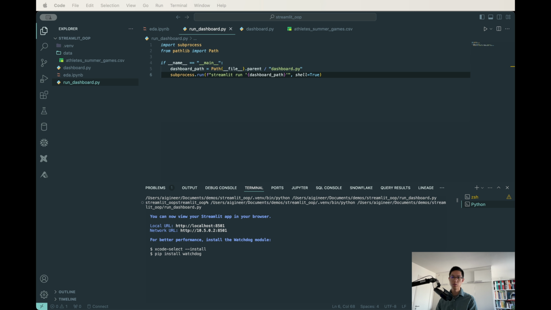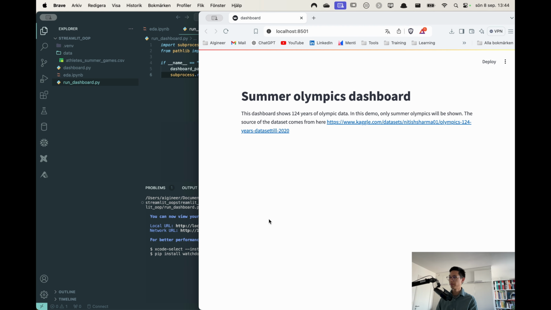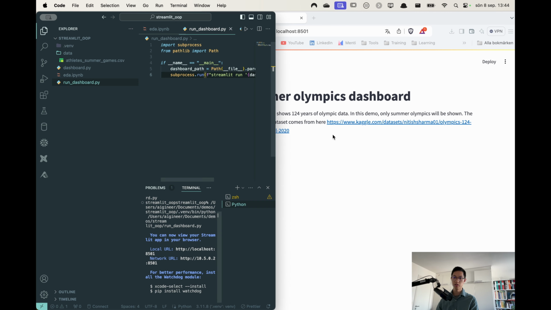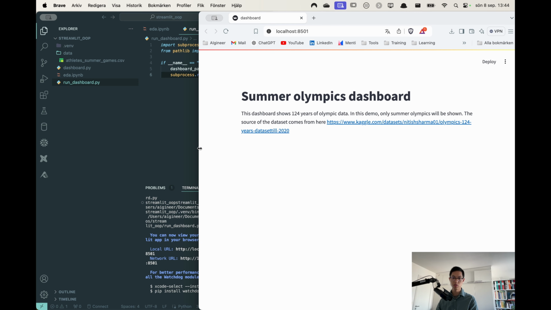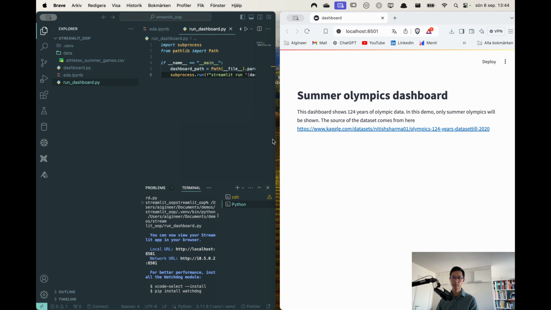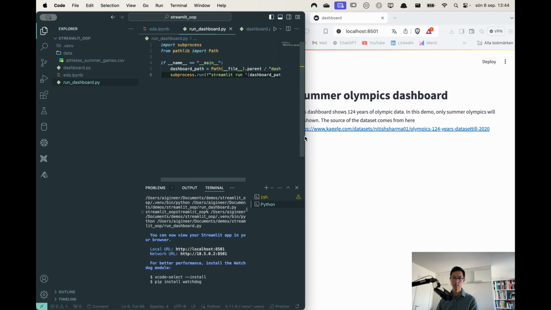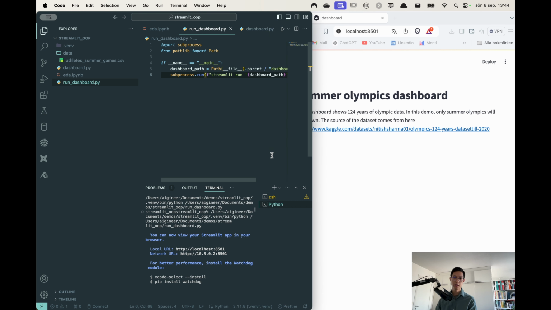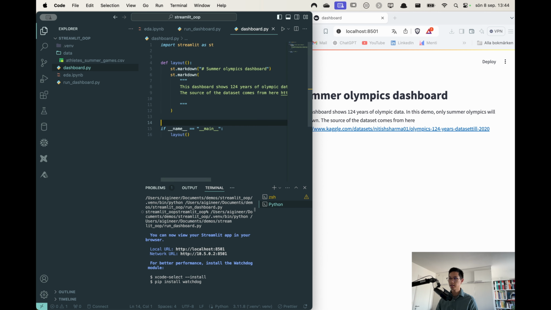And you won't see anything right now, but I will change my screen so that you can check here. So now you see both the VS Code and the Streamlit, right? Like this. So now we have the code and we have the Streamlit. Okay, so now we will go into